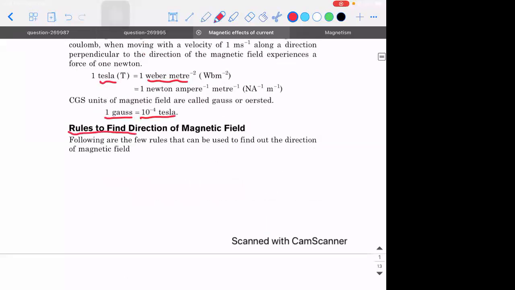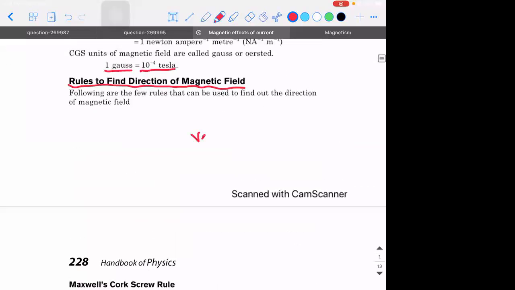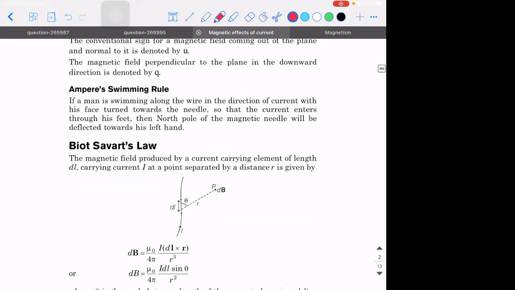Similarly, what are all the rules that we know to find the direction of magnetic field? We can find the direction of magnetic field using the right hand thumb rule. And I would have explained to you the concept of the vector method, right? Using the cross product of vectors, you can find the direction of magnetic field. Then what are all the important laws in this chapter? One is Biot-Savart law, and the second is Ampere's circuital law. So what does Biot-Savart law speak about? Anybody?